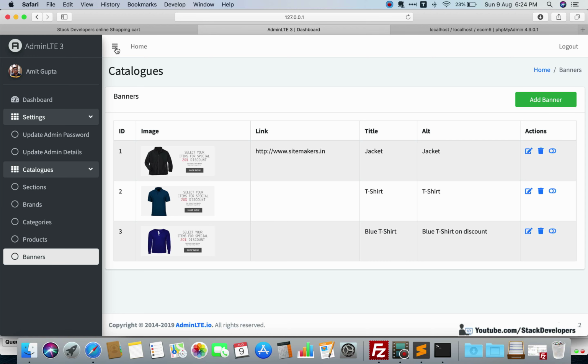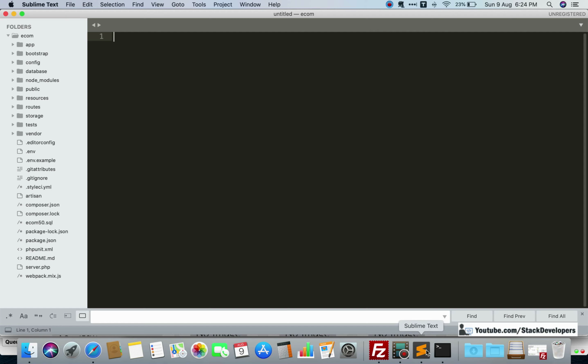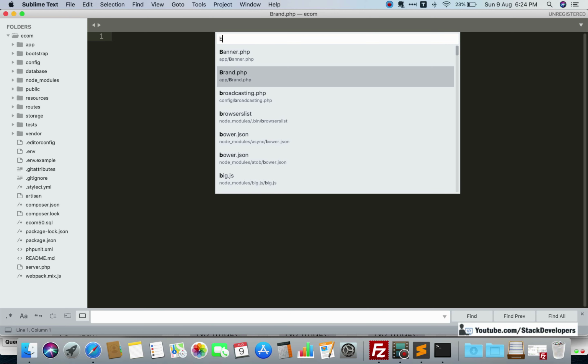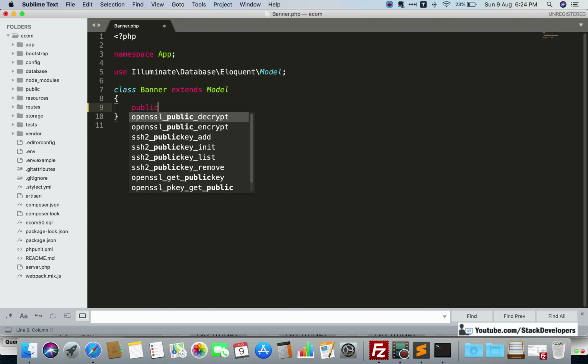Okay, so let's start. First of all, we are going to add one function in our banner model. So open the banner model here. See, we have made the model in the beginning of the banner module. Here we are going to create one function, a getBanners function.